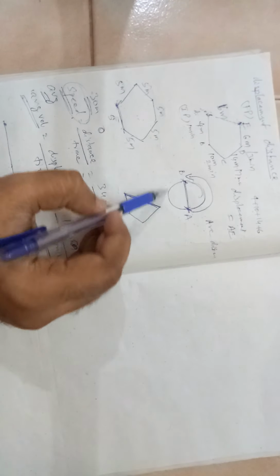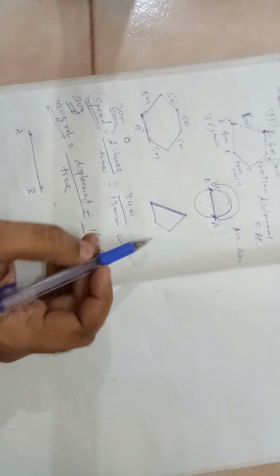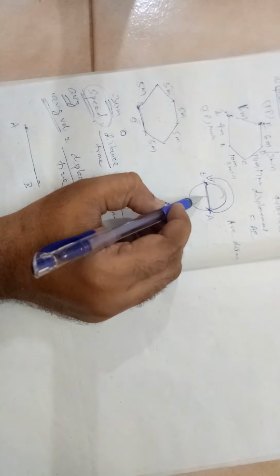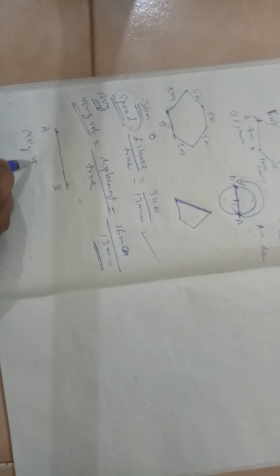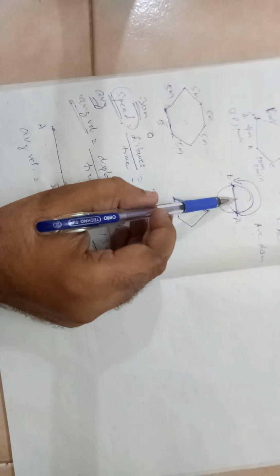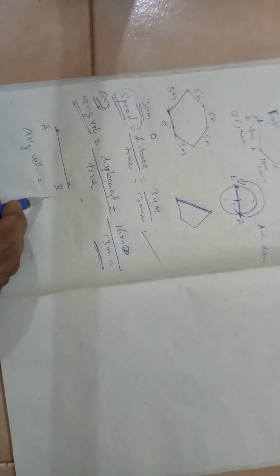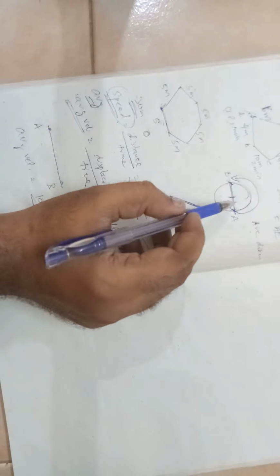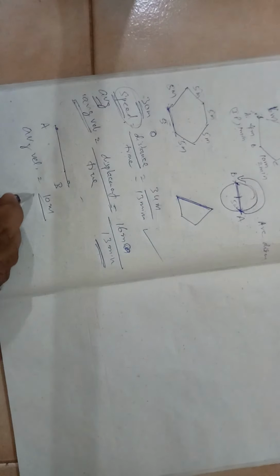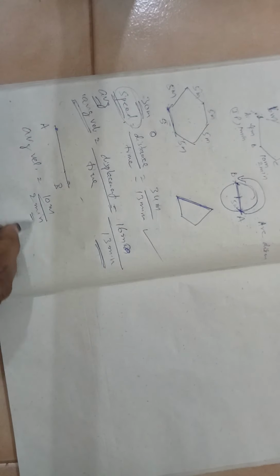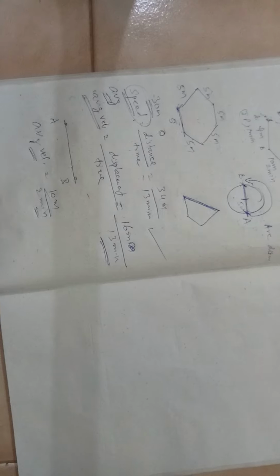Then whenever we talk about average velocity, you have to see what is the displacement. So in the case of a circle, what will be the average speed and average velocity? Let us say the circle radius is 5 meters. So average velocity will be, it is 5 meter radius, so diameter will be 10 meter divided by, let us say he traveled for 2 minutes. So 10 meter by 2 minutes will be the average velocity.